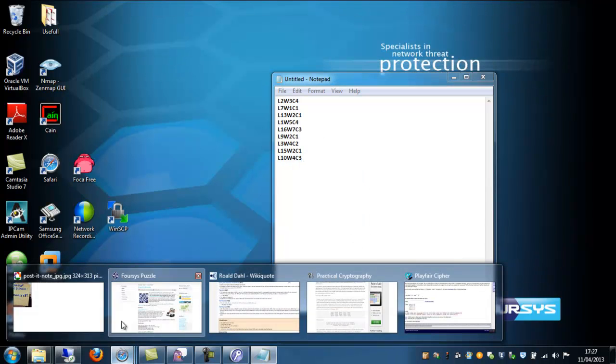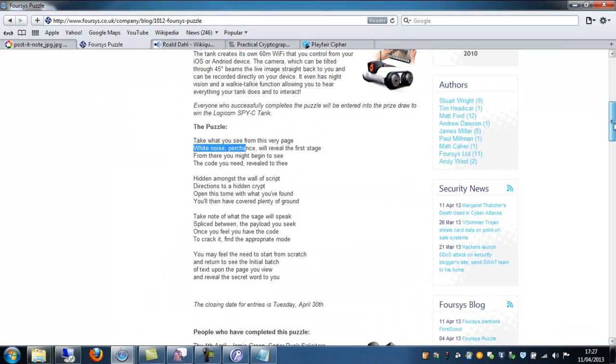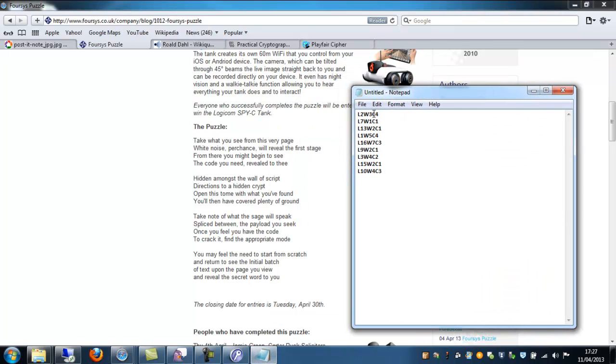Now if we go back to our original page, back to the Foursys puzzle, the last bit you see here, you may feel the need to start from scratch and return to see the initial batch of text upon the page you view to reveal the secret word to you. So what we need to do here is these are actually referencing particular characters within that prose. So L2 would be line 2, W3 would be word 3, C4 would be character 4. So in this particular instance that would be a C, as you can see here, line 2, word 3, character 4, and then further down, if we look into line 7, word 1, character 1, we get an O,